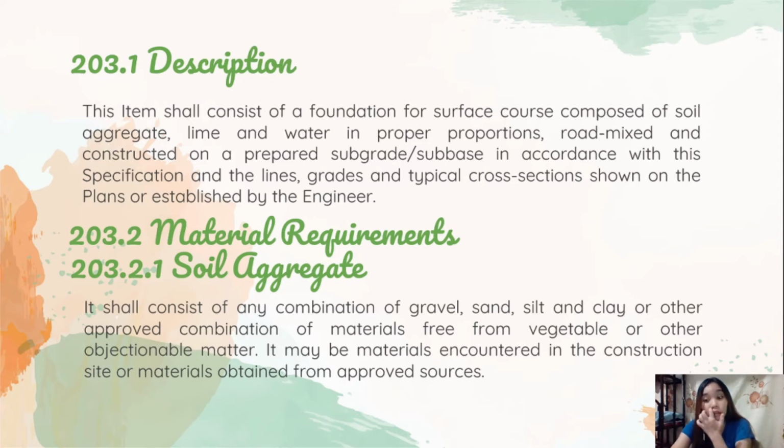Then the crushed or uncrushed granule material shall consist of hard and durable stones and rocks of accepted quality, free from excess of flat, elongated, soft, or disintegrated pieces or other objectionable matter. And it is the intent of this specification to utilize soils existing on the roadbed if the quality is satisfactory. So the materials should be of good quality, not just basta. Then if the quality or the quantity is deficient, then the soil aggregate shall be obtained wholly or partly from